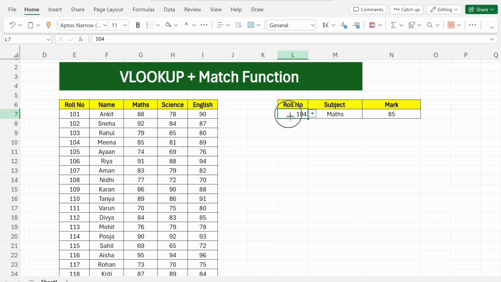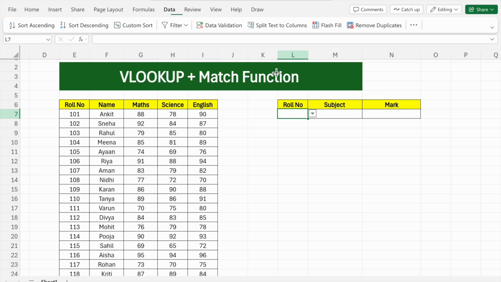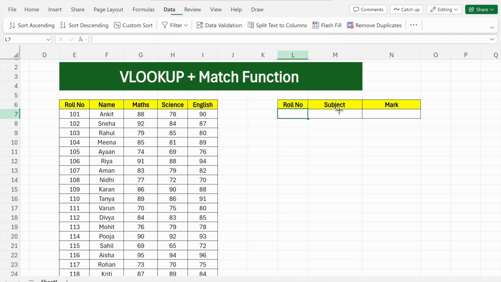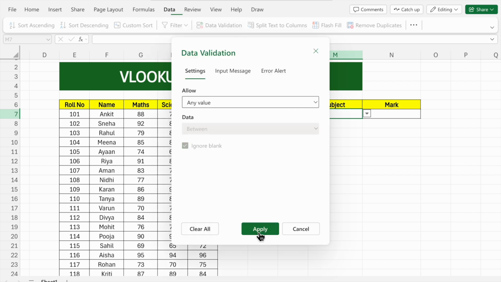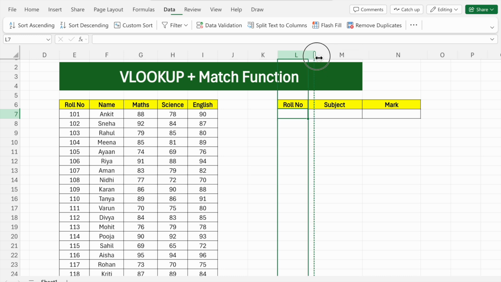First I am going to delete all these things, then I will show you how to do it. So you can easily do that. I'm just going to clear all the drop downs. Now first, you can create a drop down list of roll numbers, then you